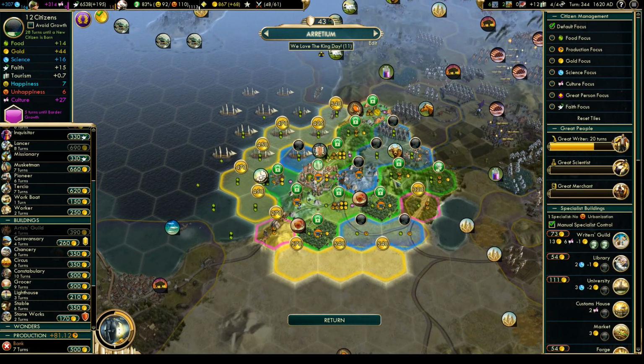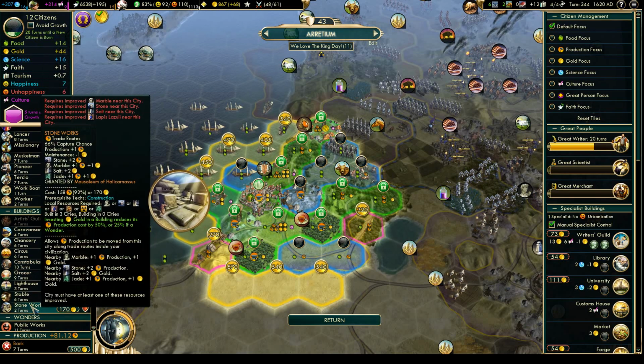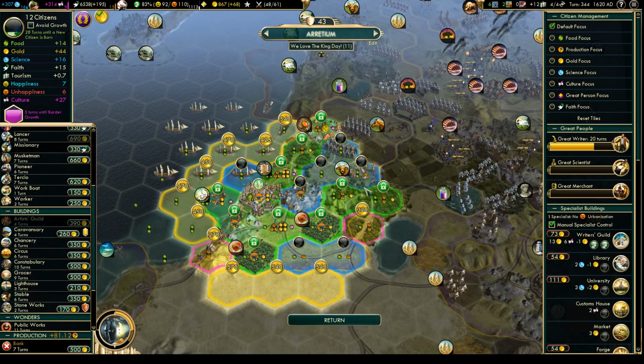Should really improve all these forests now. What are we working? This is fine. These tiles are fine. We need to improve the forests. And we'll actually have one extra tile that we can't even work yet. How quickly are we growing? Oh, fine. I'll lock